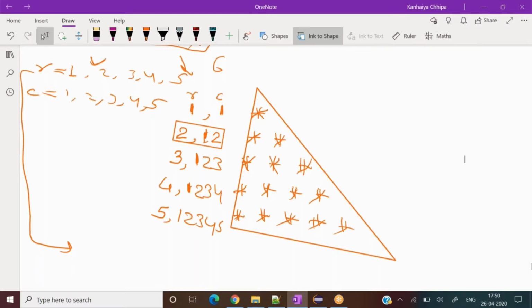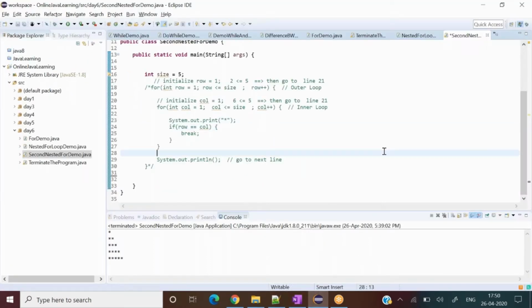Other than that, internally it is used for sorting, searching, and other things in the collection API. We will come to those later if we have to write our own sorting algorithm, like bubble sort, quick sort, and selection sort. There it is heavily used, but for Java we don't have to use those things. The libraries are already there, we just have to use them. I guess you get the nested for loop logic, right? I get the nested for loop logic.